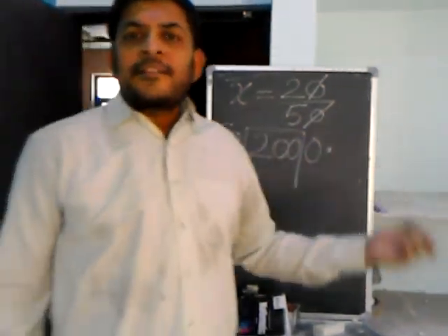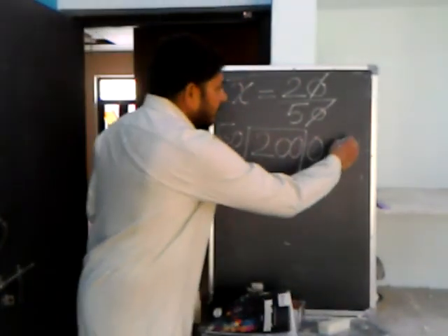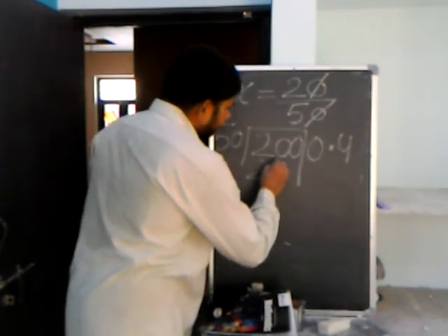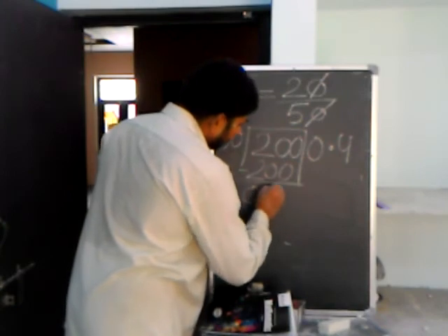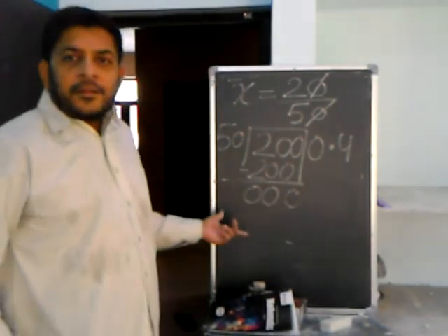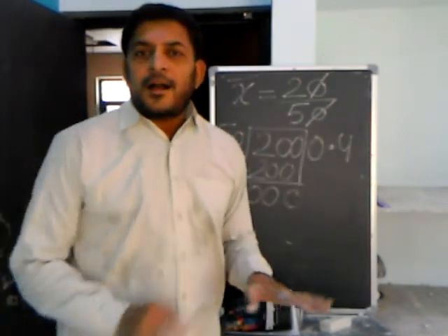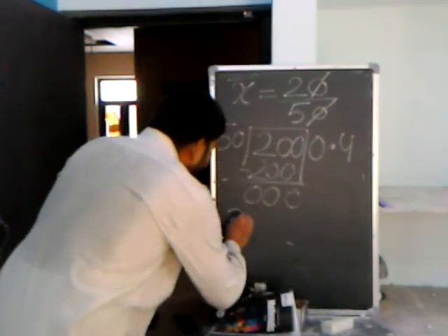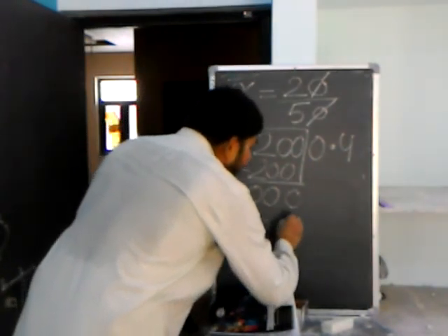Now this 200 can be divided by 50. 50 for the 200. Remainder is 0, so we need not divide again. We cannot divide further, and it becomes x is equal to 0.4,